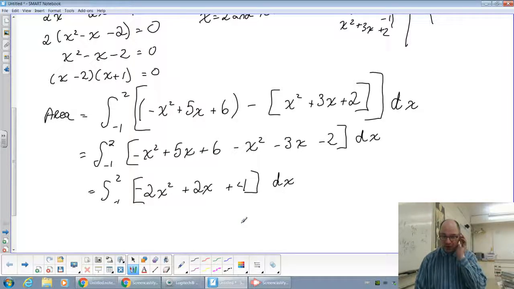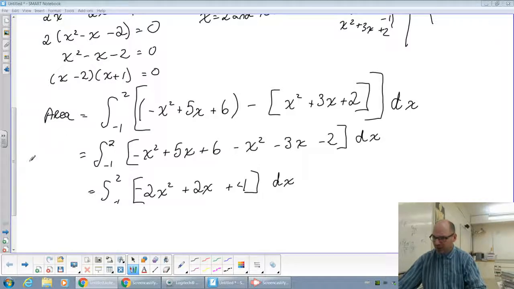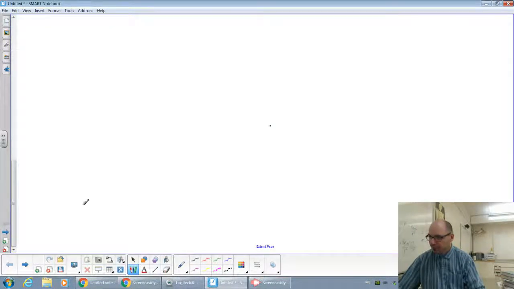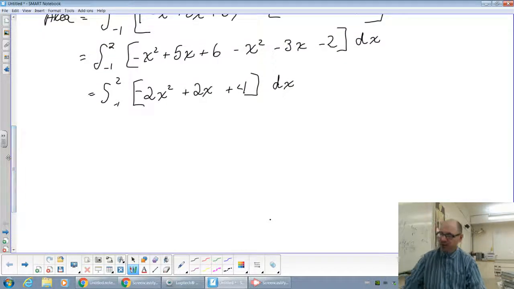Okay, so there is our equation that we are going to integrate. In our next step, we integrate this equation to find the area between the two curves. Using integration skills, let me move this down a little bit. Okay, so integrating, we remove this integration sign and do the integration. So the area is going to be,